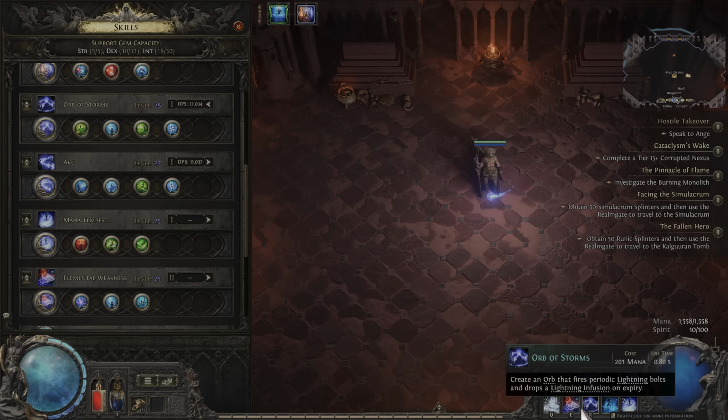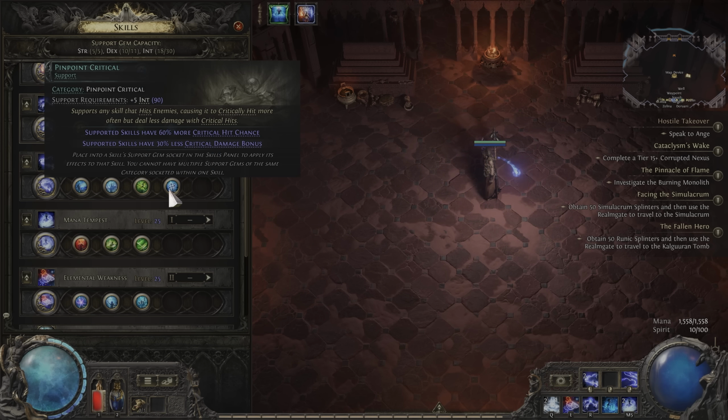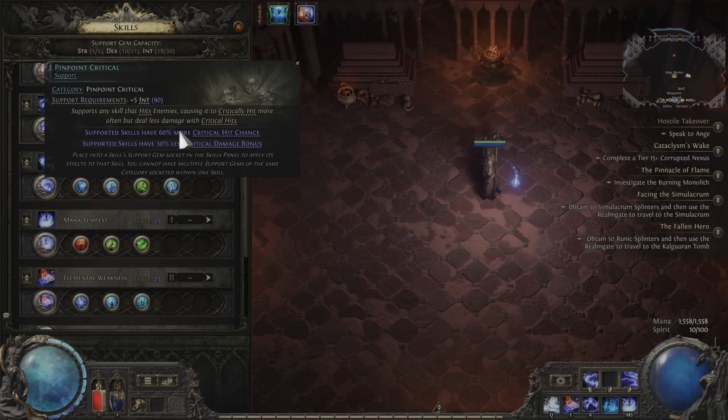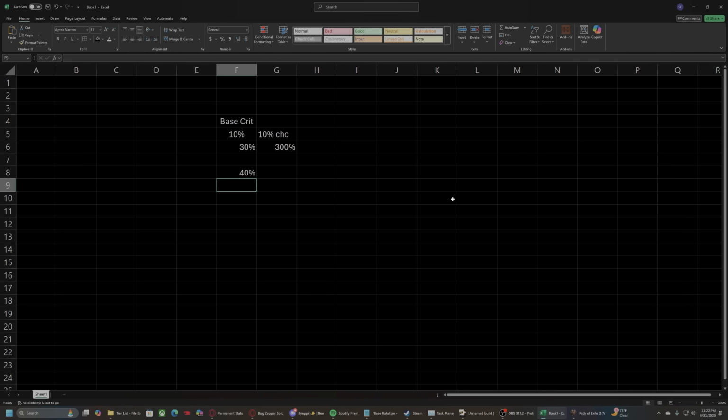Now once this happens, we want to equip the Pinpoint Critical node. This says that it gives us 60% more critical hit chance. More, in Path of Exile, is a multiplier. Increased is additive. So more just means we take 1.6. So if we take 40% and multiply it by 1.6,